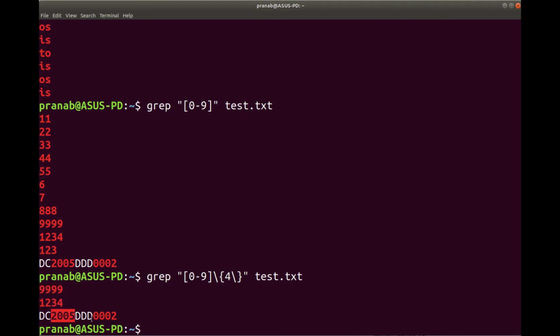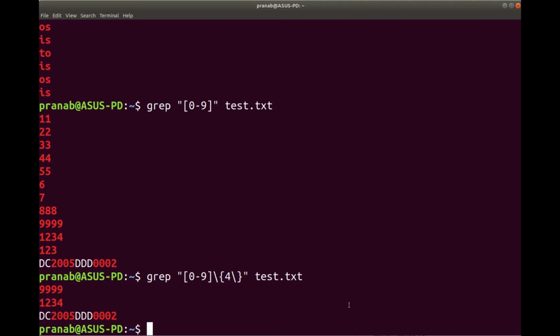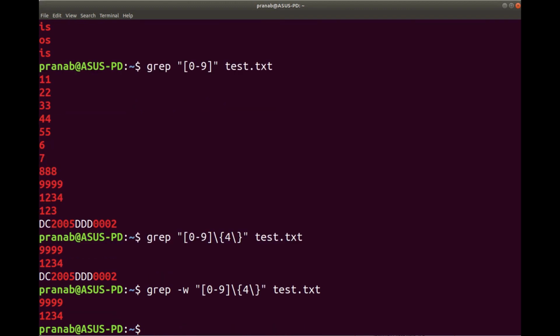But this third result is the one which we are not interested in. So we have to search for words which only contain 4 digits and are not a substring. So you can see these are the 2 words which are not substring. So that is how you have to use intelligently this particular option -w.